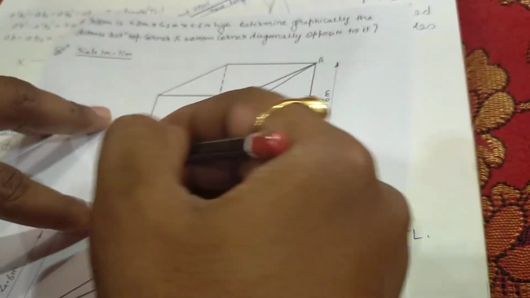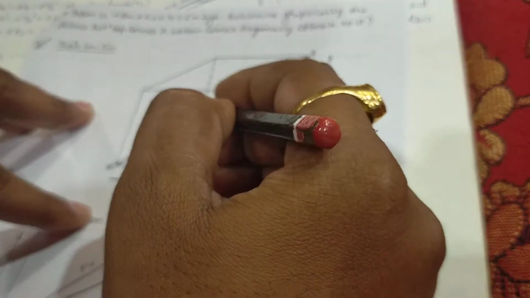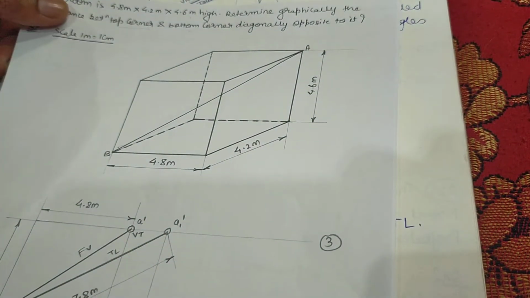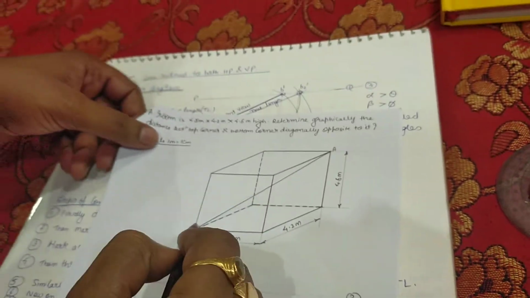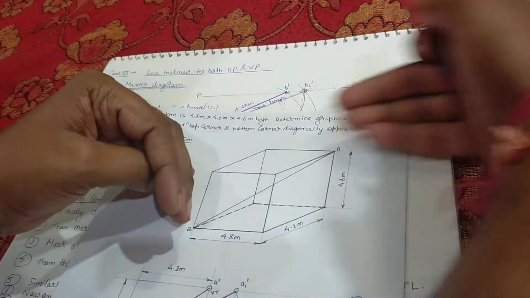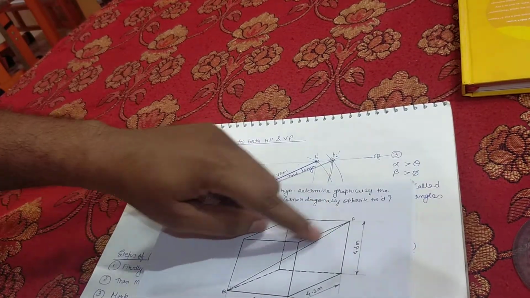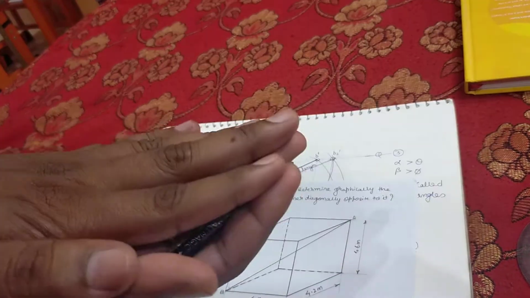Now we have to draw the projection of this line BA, the front view and the top view and the true length. Okay, so similarly in front view, when we look from the front, we will see only this rectangle. This rectangle is behind this rectangle, so this rectangle is not visible. Okay, this will coincide. Similarly in the top view we are seeing this rectangle because this bottom rectangle is coinciding with this top rectangle.